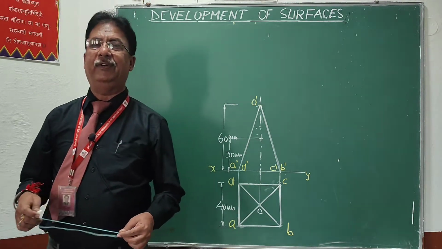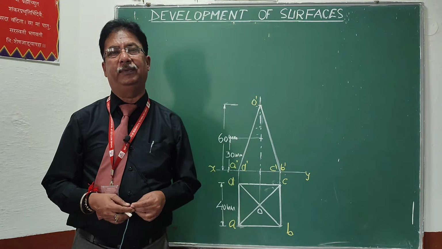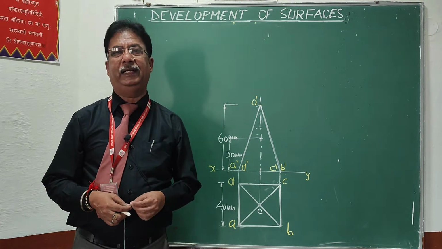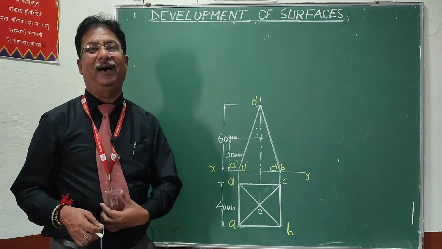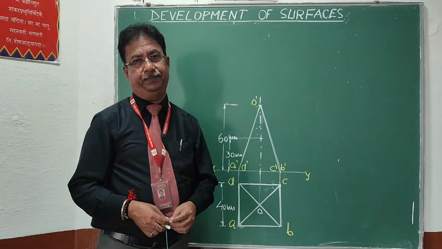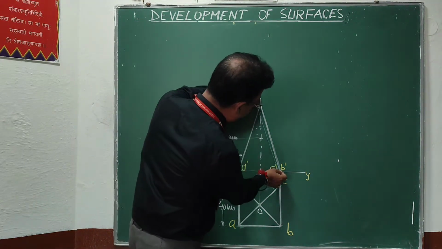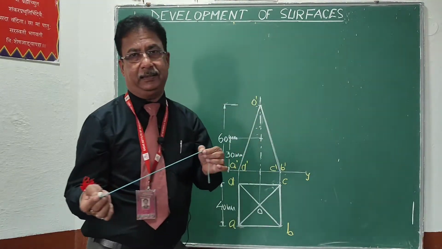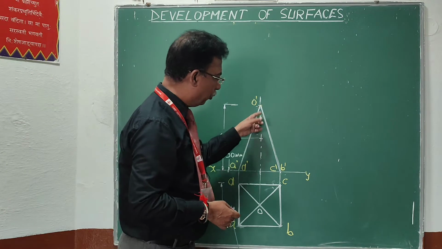So, as you know that whenever a line is inclined to VP, in the front view we are not getting the true length of that line. For getting the true length of any line, that line must be parallel to the VP in the front view. So, right now actually we are not getting the true length. So, we cannot directly develop like this as we have done last time. I cannot open like this. If I am doing that, I am making a mistake because this length is not the true length.